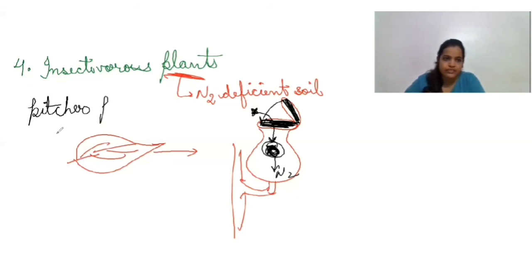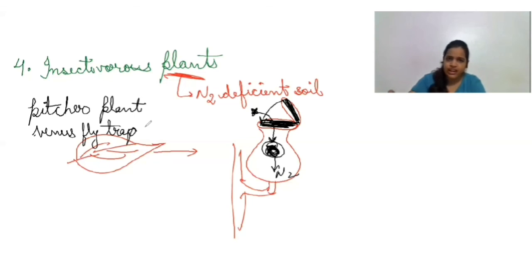And another one we have is Venus flytrap. One more name you have studied in your junior classes, that is Drosera. So many insectivorous plants are there, guys. So here nothing is going on. Leaves get modified into different structures to trap the insects. And then they will digest the insects. They will get the nutrition. Because when we need, we don't see what is right and what is wrong. We just do the work. Rest is all upon God. So the leaves have to do this to get the nutrition.